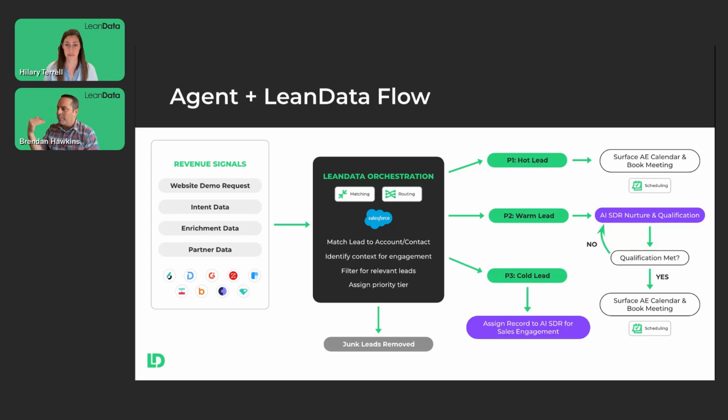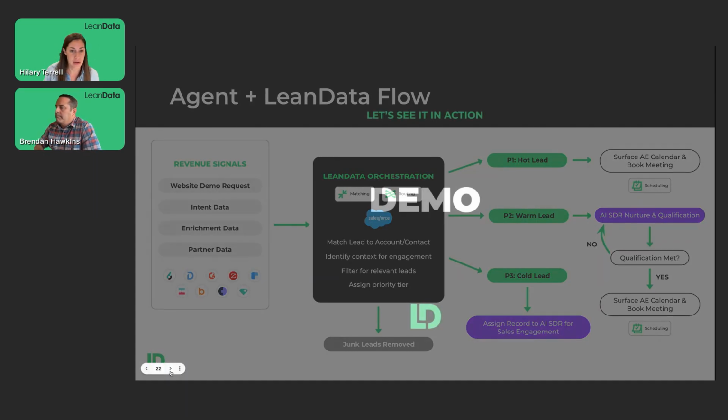What we're starting to see at the bottom level, leads that went cold or really low market areas, is that maybe you have an agent that can take it full cycle. We definitely have customers taking it to the point where you're basically just ordering the product at the end of the conversation with a live human, and LeanData is able to make that warm transfer, pull up that human's calendar, and have that conversation essentially right now. This isn't the only way it can be set up in your flow, but it's a question we get from a lot of customers: where would LeanData fit in this overall signal to next step.